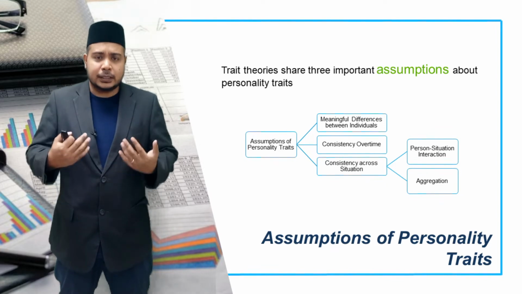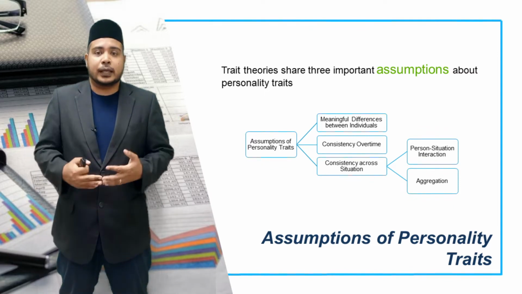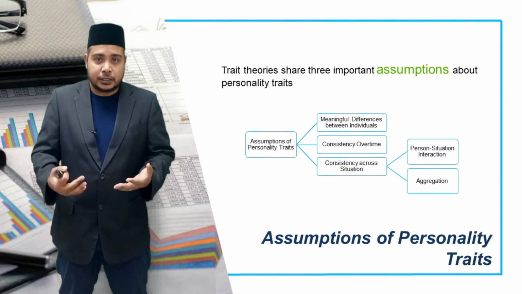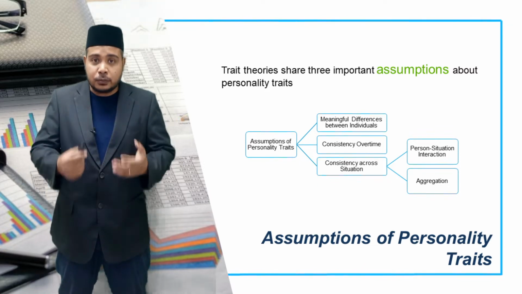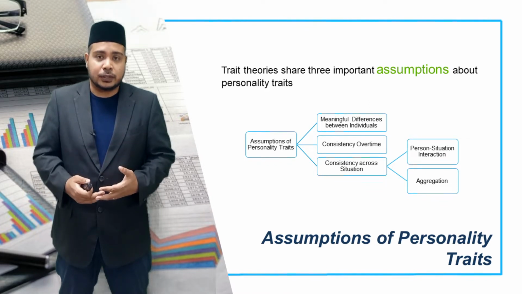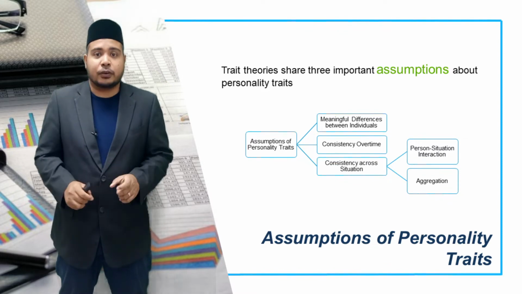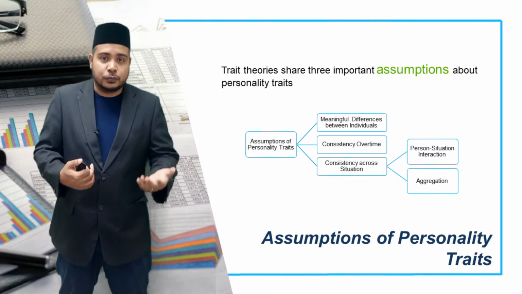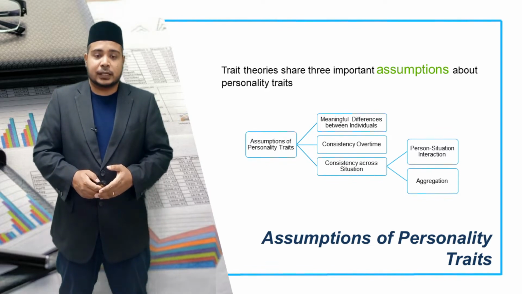Similarly, personality traits are also consistent across situations. Okay, if you are in a classroom, if you are aggressive, you will show the characteristics of aggressive people. If you are at a social event, if you have a personality trait which is aggressive, you will show aggressive behavior. In different situations, if you have those kinds of personality traits, you will always demonstrate, behave, feel and think in that way because of your personality traits.